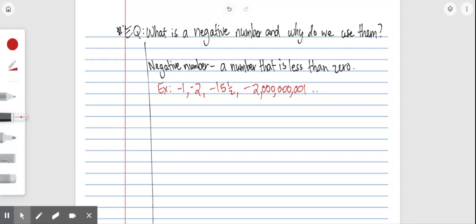Etc., etc., etc. Negative numbers are any number that's less than 0. So this basically says that I don't have this item. I owe this item. So negative numbers don't make a lot of sense in a real world context unless you